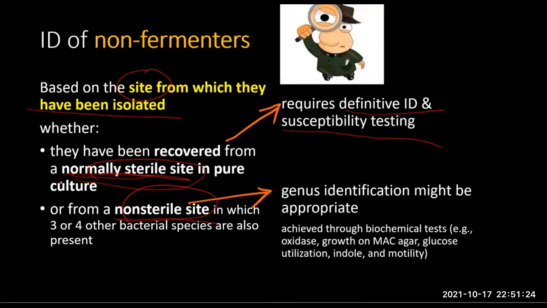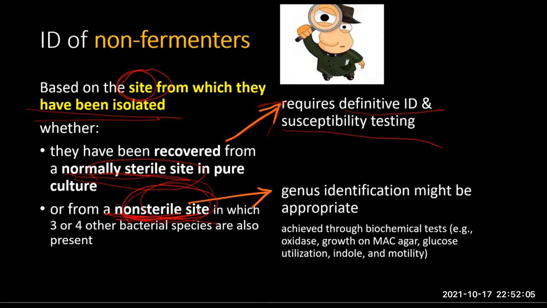The decision on how to identify many of the non-fermenters is based on the site from which they have been isolated. That is, whether they have been recovered from a normally sterile site in pure culture, or from a non-sterile site in which 3 or 4 other bacterial species are also present. In the former case, it may be decided that definitive identification and susceptibility testing are required, while in the non-sterile site,